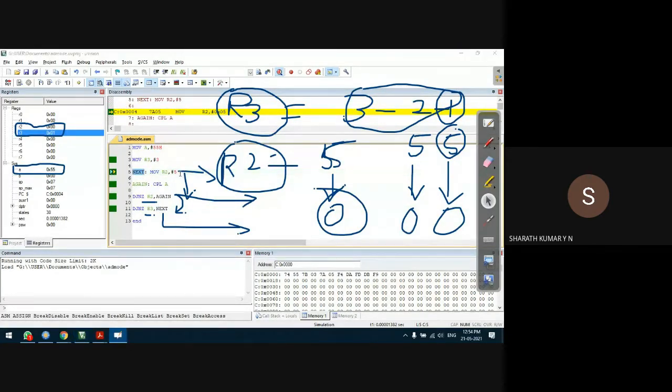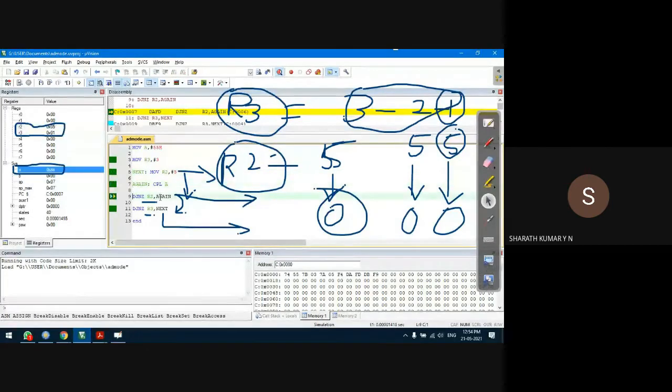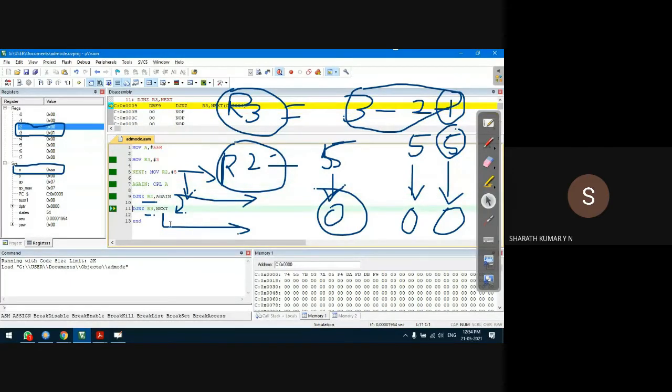So this will continue. R2 is loaded with 5. This repeats till R2 becomes 0. R2 becomes 0, next it goes to R3. This instruction, R3 also becomes 0. When R3 is also 0, it will come out of the loop and take a jump to the next instruction. In our case, there is no instruction after the last DJNZ instruction. That's why it shows error. Error in the sense, the end of the program. Error means we are trying to execute a program where the program does not exist.